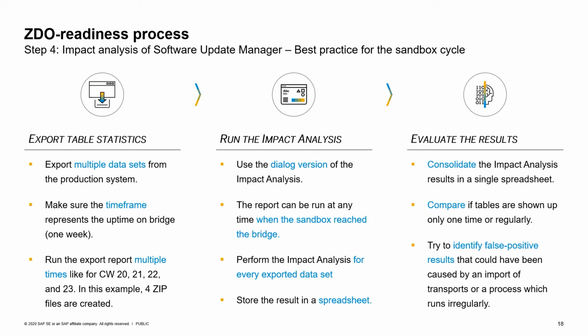There might be a table set to read only, but it's only a process that is triggered at the beginning of the month. But if you trigger the upgrade maybe in the 2nd or 3rd week of a month, then it doesn't matter whether this particular table is read only or not. So in the end, we'd also have to make sure that we get rid of so-called false positive results in order to shorten the list. That really helps you to better foresee which table has to be checked in more detail with the business team.